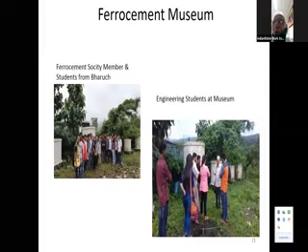See, I have shown you only one construction method of ferrocement. There are 4 different methods by which you can construct with ferrocement technology. So I thought as an engineer, I must show them all these methodologies. So at Karjat, we have 9 different tanks, and the 9 tanks are constructed with 4 different methodologies. Now I will not go much into detail. The engineering students and the president of the Ferrocement Society had come there to see all this technology, because as an engineer, one must know different methods to construct with ferrocement technology also.